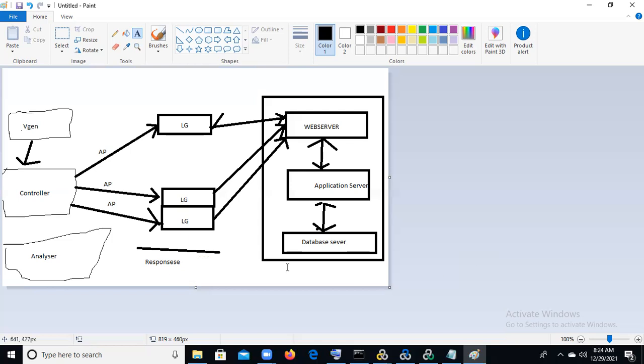So this round trip of request and response is called response time. Means the system sends the username and password to the LG, and from the LG to the web server, application server, and DB server. Once the DB server fetches the data, it sends to the application server, web server and system. So this round trip of request we can call the average response time of each and every transaction. Understand? So this is our LoadRunner architecture.